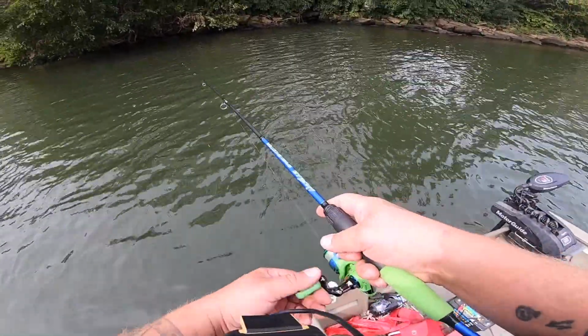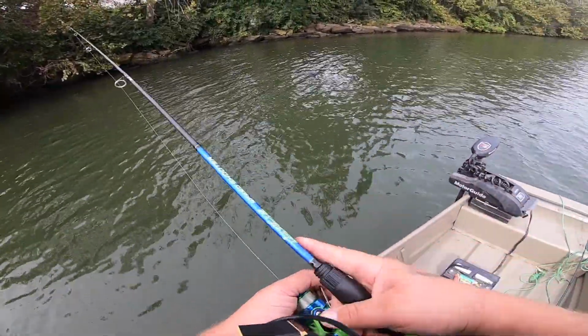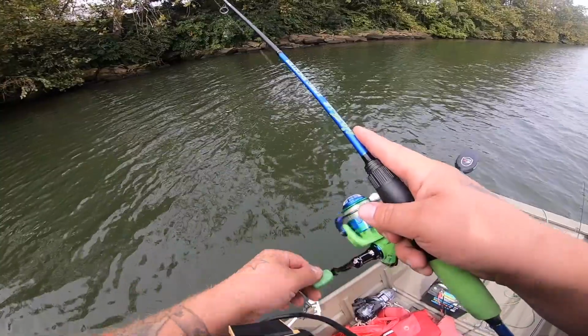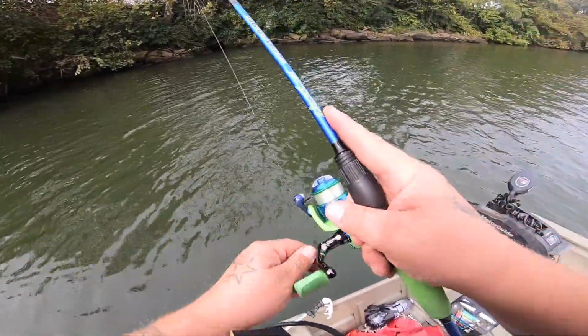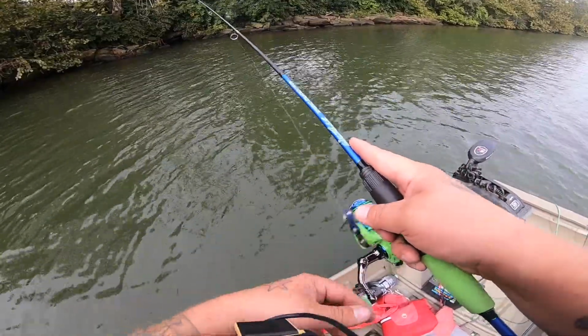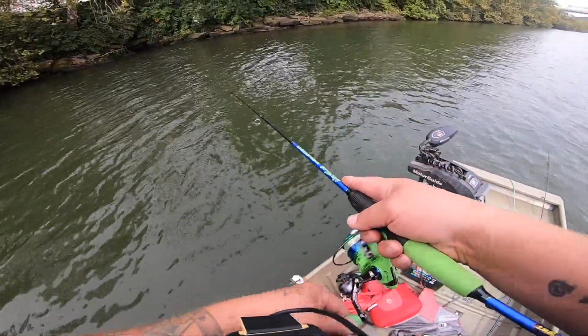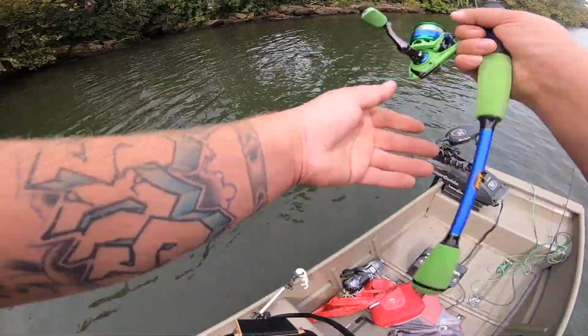So I hate throwing little baits. It can also be fun because you get to use lighter tackle though, but generally I like to throw bigger baits for bigger fish. So this way you kind of got to wean through everything. And I mean, you can throw bigger baits, you might potentially catch something, but they are keying in. Oh, I see some wipers, guys. I see some wipers. They're keying in though